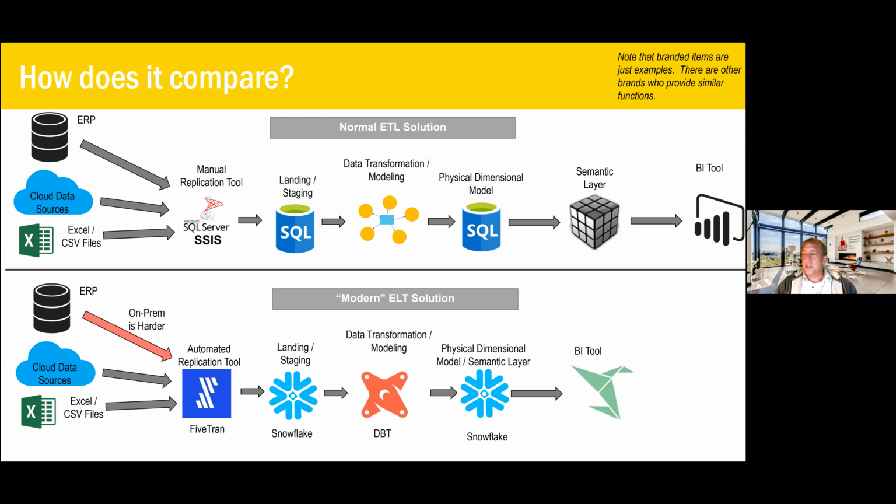Then you have a replication tool, which is designed to be really user-friendly. You tell it where the data is, and if we get to a demo, we can look at this with Fivetran. You log in, and then the replication tool basically does everything after that. It pulls all the tables that you need, all the ones you click boxes for. It does incremental loads and performs change data capture based on the keys that it identifies in that source. From that point forwards, unless there's some kind of timeout, like your login to the ERP only lasts for a month at a time, you're good. It's just going to keep replicating.